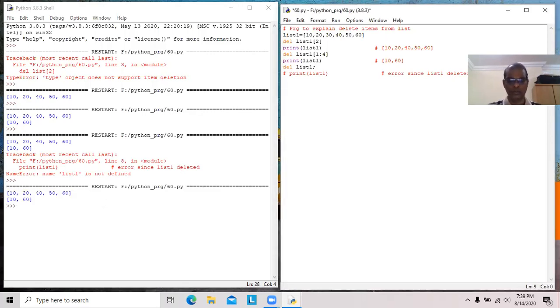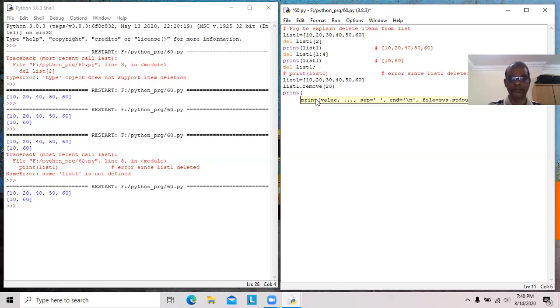Now we can create one more list one. Same thing, 10 to 60. Now we go for list one dot remove. Remove is used to delete by known element. I want to delete 20. Directly place 20. If it is a del, we have to specify the index. If it is a remove, we have to specify the element directly.